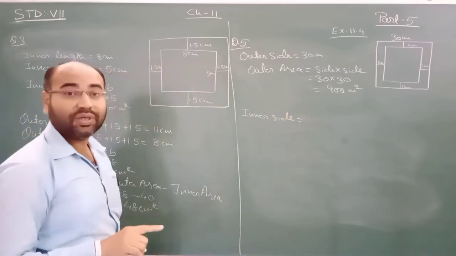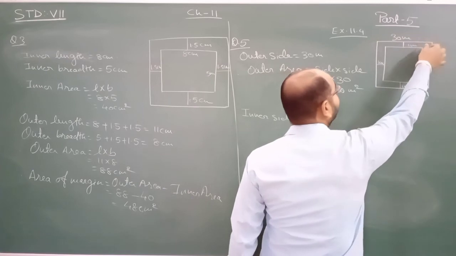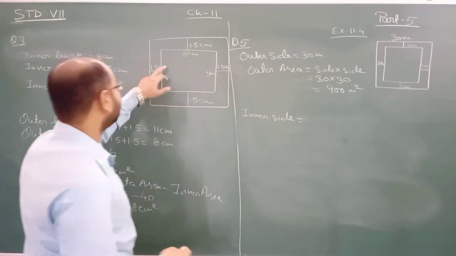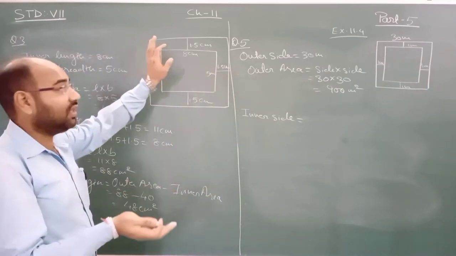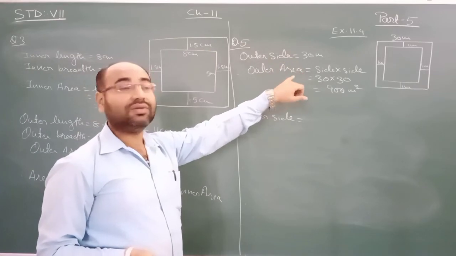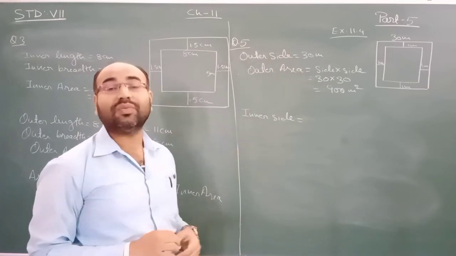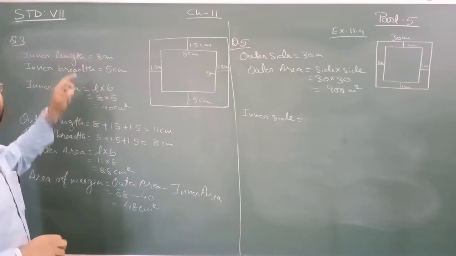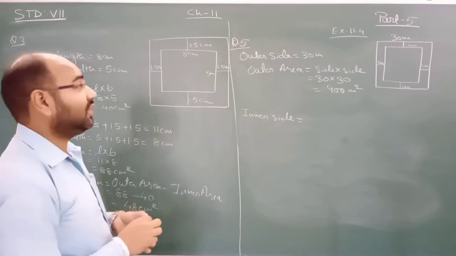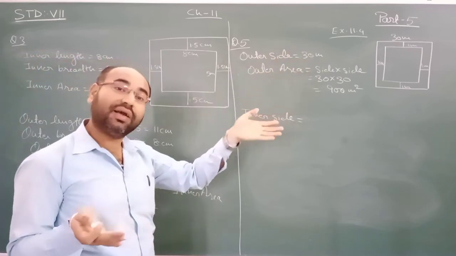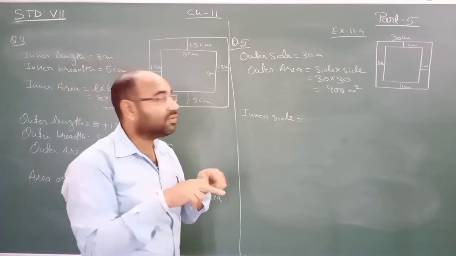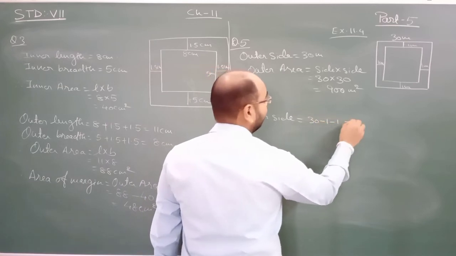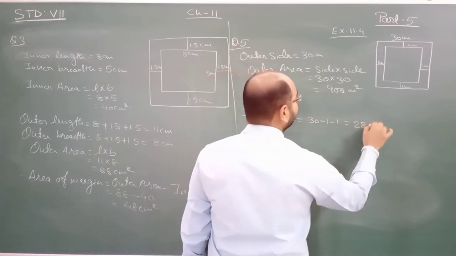Now we have to find out the inner side. अब देखो अंदर का मेजरमेंट मींस ये पूरा 30 है, तो ये 1 मीटर का पाथ बनेगा, तो मेजरमेंट उतना कम हो जाएगा ना। जैसे बाहर का बनता था तो कैसे प्लस हो रहा था, तो जब हम आउटर से स्टार्ट करते हैं तो जब इनर फाइंड आउट करते हैं तो उसमें क्या होता है, माइनस होता है। हियर वी हैव टू प्लस, कब, जब अंदर का दिया और बाहर का हमें फाइंड आउट करना है। यहाँ पे बाहर का ऑलरेडी मेजरमेंट दे दिया, स्क्वायर गार्डन के अंदर रास्ता बना रहा है तो मेजरमेंट उतना कम होगा, दोनों साइड से 1 मीटर, सो इट विल बी 30 minus 1 that comes to 28 मीटर।